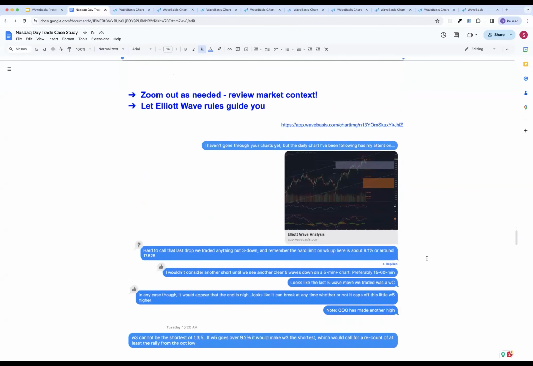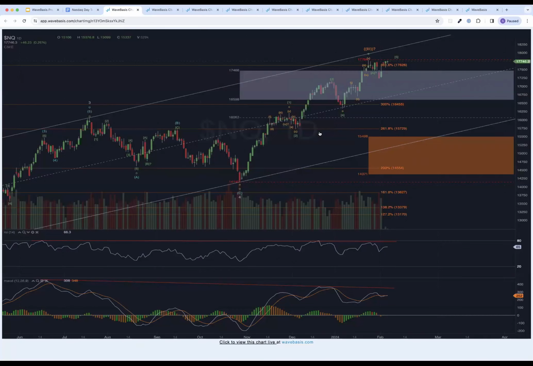So once we didn't see that happen, just zoom out. We're still looking for the next trade. Let's zoom out and revisit the larger time frame. Always keeping context and focus. So we see a lot of squiggles on our 5-minute charts, but when you look at where we are here, you can really only count that as 3 waves down.